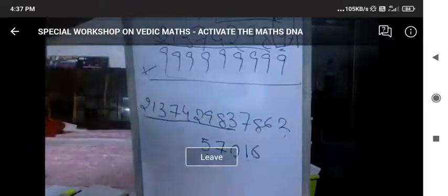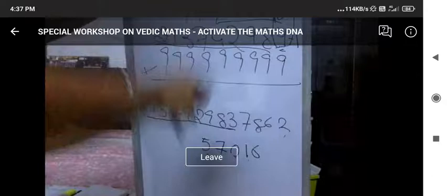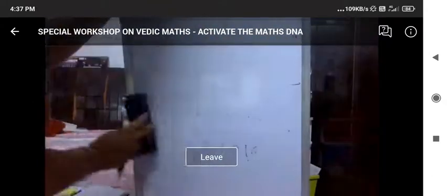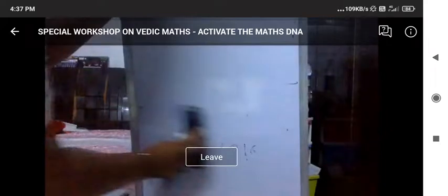Hope it is clear. I'll write another question. Try solving that and we'll get the answer. This answer you won't get in a calculator because a calculator has a display capacity of 12 to 14 digits. So you have to do it manually to cross check it. Right? Let's do another question.